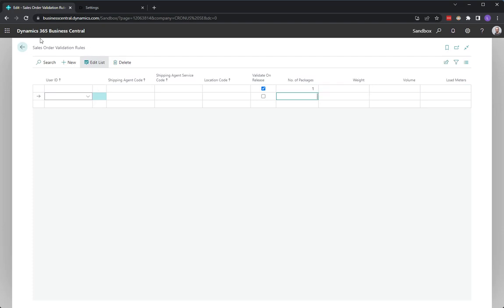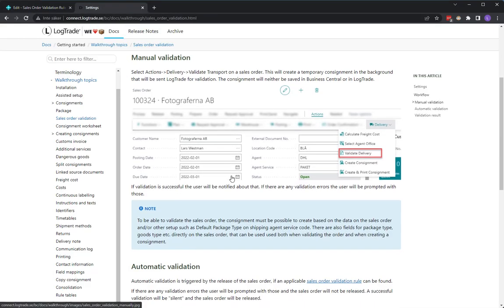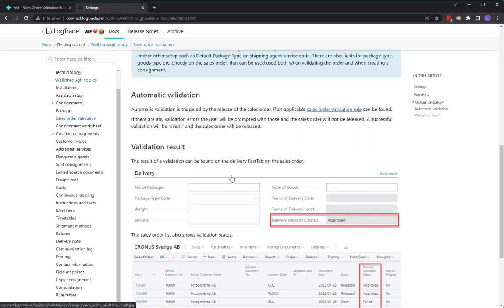And the description of all this, you can of course find it in the documentation. So if you go down here on the automatic validation, you can find descriptions of that, and also here the link to the description about sales order validation rules. So let's go back to Business Central,